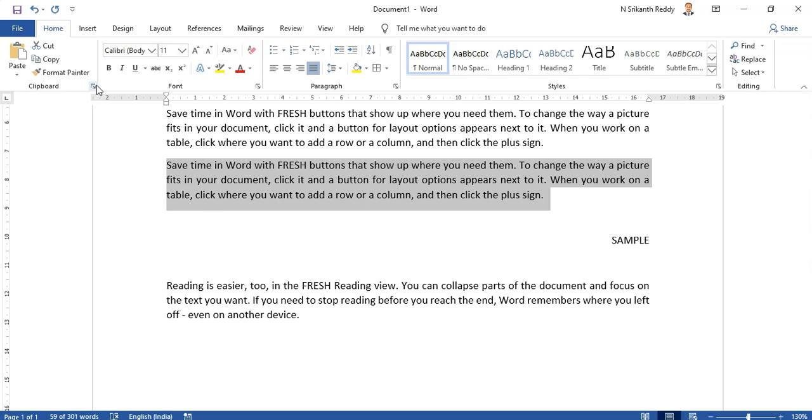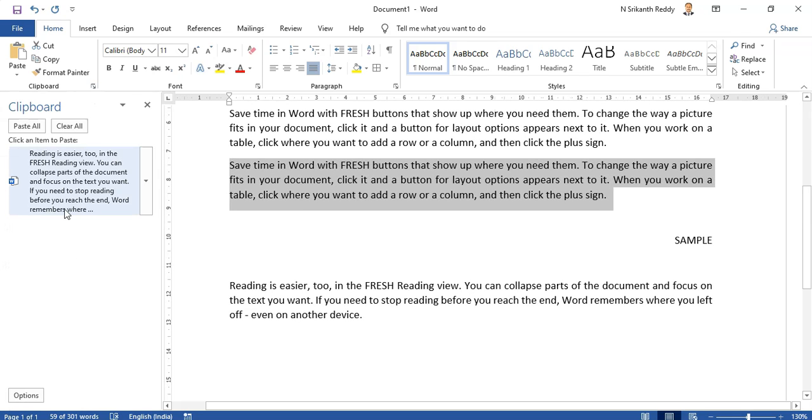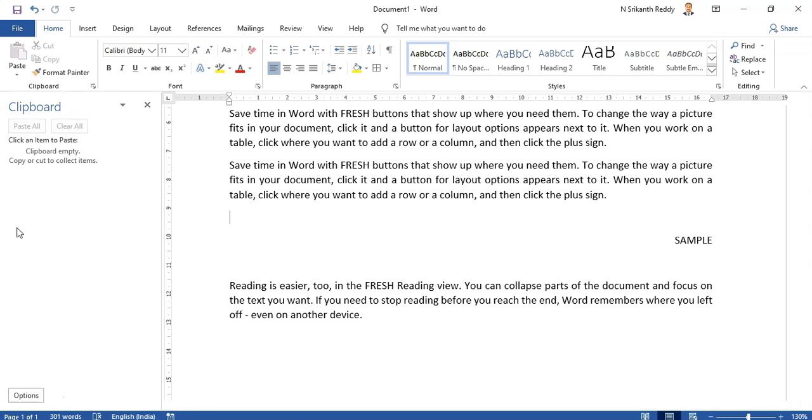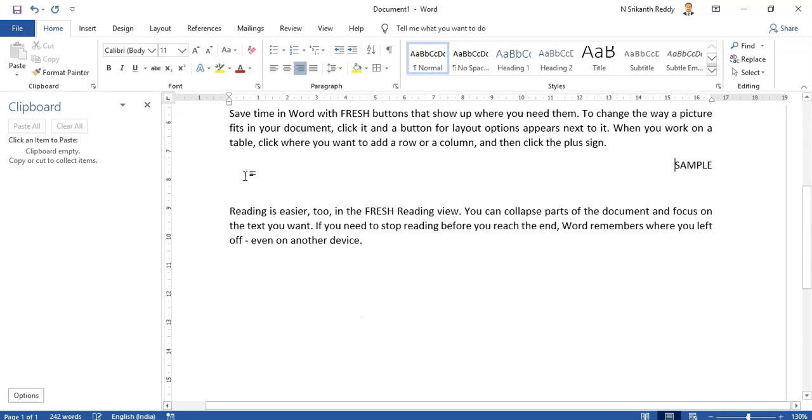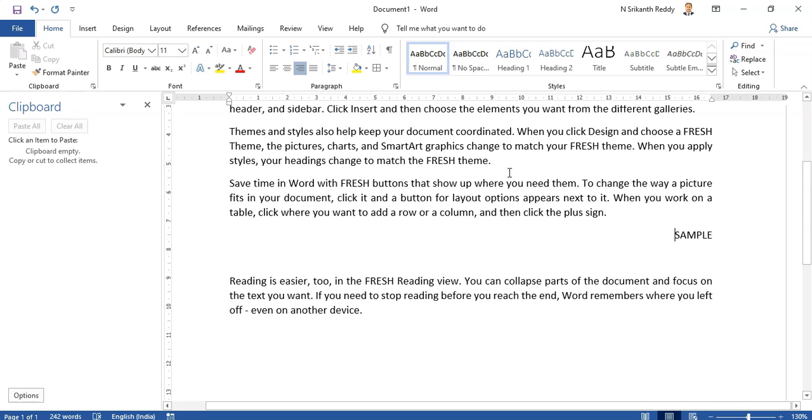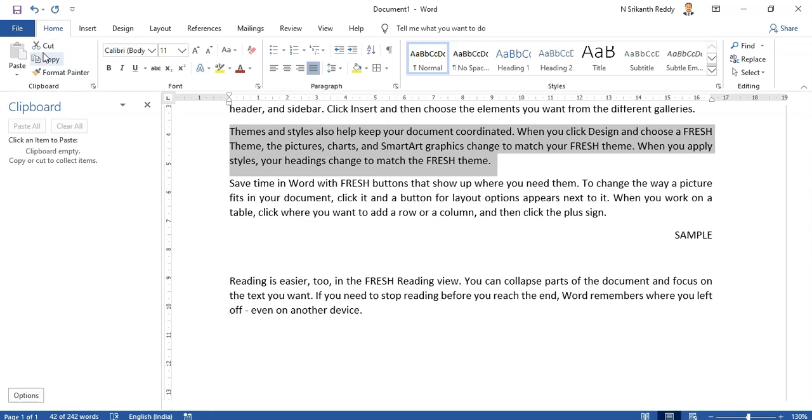Now how do I know whether if I press Control X something is cut? Okay, so here again the paste dialog box comes. So now let us look at the clipboard on the left. Let us look at this in action. Now what we'll do is we'll cut this paragraph selected. Either you can click the cut button or you can press Control X. Now see what is happening.